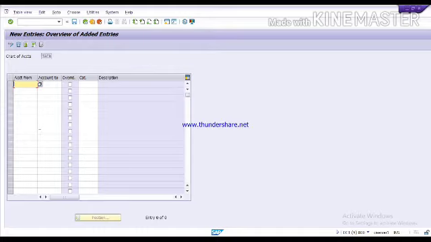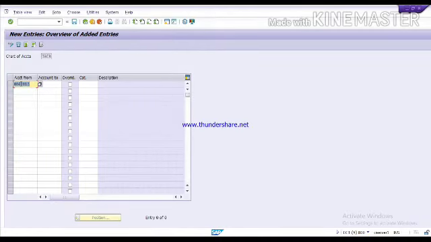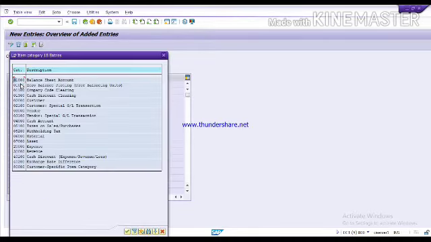Now here I am going to select any GL. For example, I have selected this other expense GL. Now in front of this, you have to select the item category which I was discussing. Here SAP has given 18 item categories for each type of GL. If your GL is related to vendor, you can select this vendor item category.